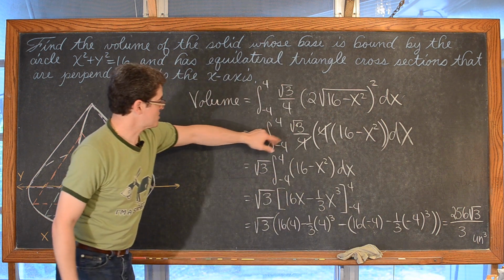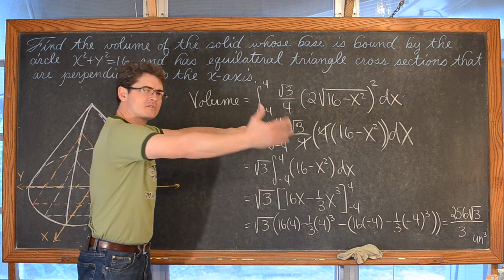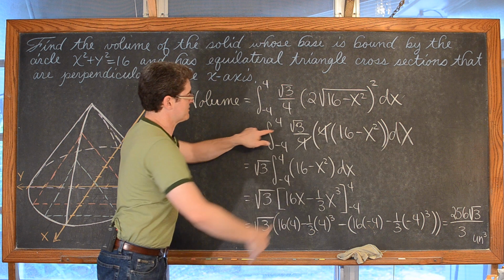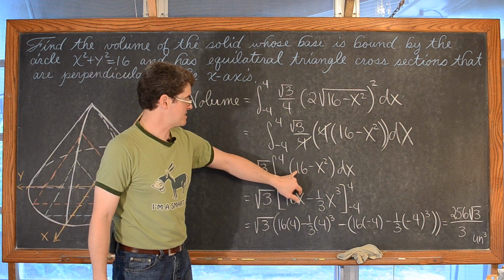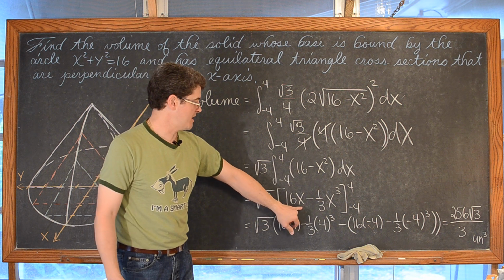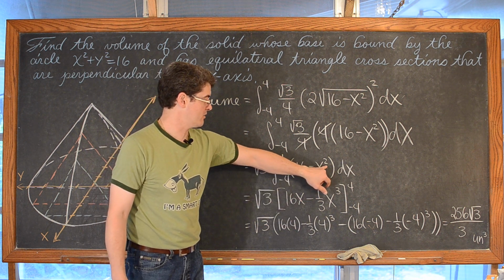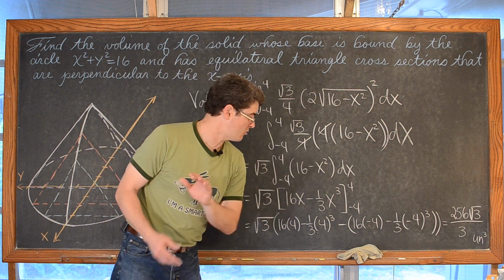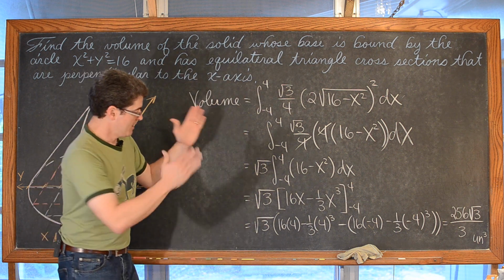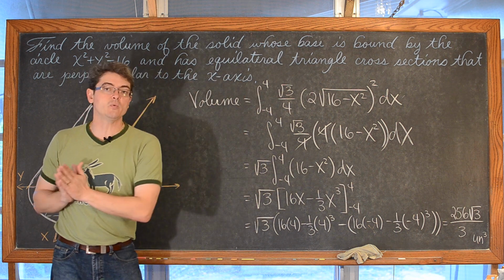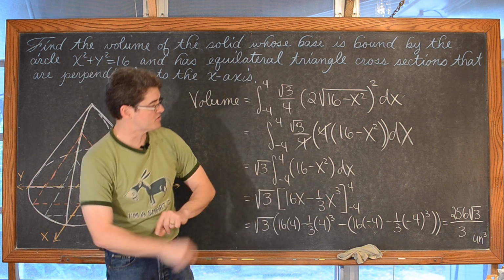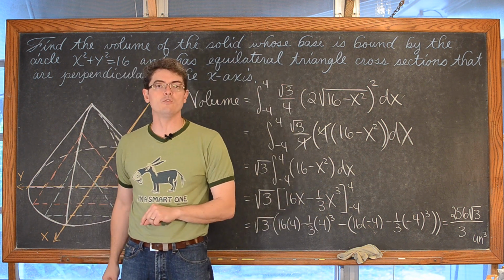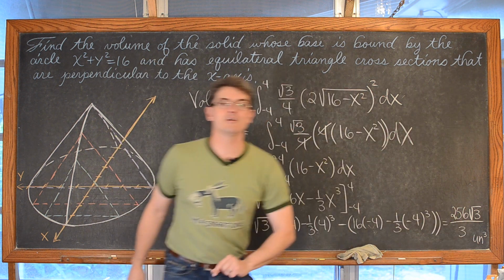So we pulled that square root of 3 out front. In an earlier problem I distributed that constant through, but since it's a radical, I thought it easiest to pull it out front. Integrating 16, we have 16x, and taking that power and increasing it by 1, we get negative 1/3 x cubed. Finishing the definite integration process, we get a volume of this solid equal to 256 square root of 3 over 3, and I started to run out of room there.